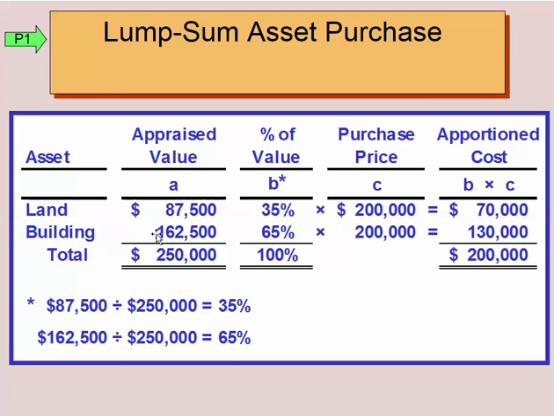So we'll just go ahead and add those two appraised values together. That gets us $250,000. We're going to take the appraised value of the land and divide it by the total appraised value of both pieces. And that tells us that the land should be worth 35% of the value that we paid. Do the same thing for the building. We take 162.5 divided by the 250 total. That means the building accounts for 65% of the purchase price. Go ahead and multiply those times the actual purchase price, and that will tell us, in this case, $70,000 should be allocated towards the cost of the land, $130,000 towards the cost of the